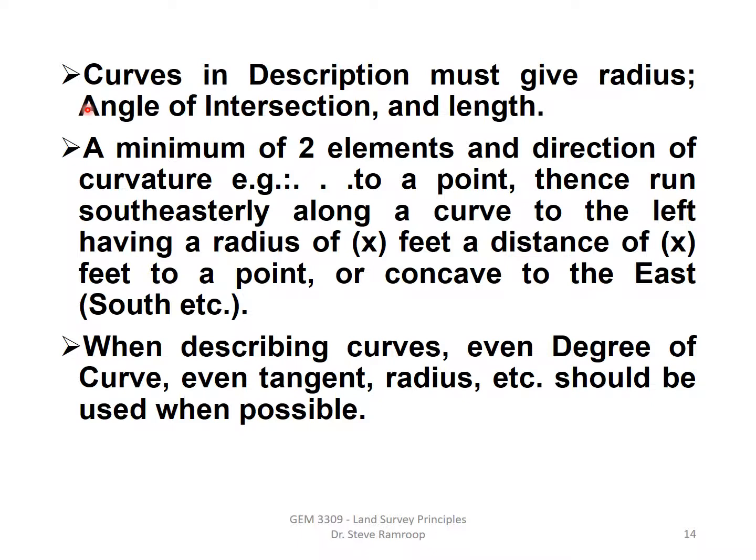If you're describing a curve in the description, you must give the radius of the curve. From the radius, you can determine the circumference and the area of the circle, and you can also use the curves in order to determine the angle of intersection and the length of the curve. For curves in the description, you want to add at least a minimum of 2 elements and the direction of the curvature, for example,